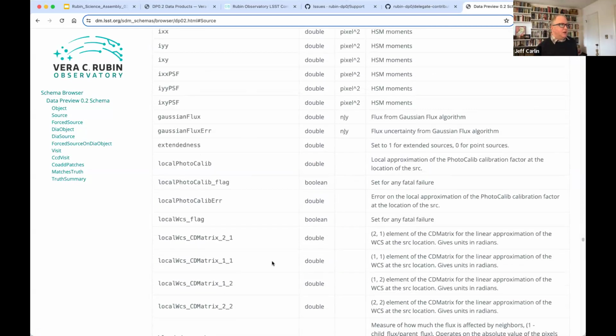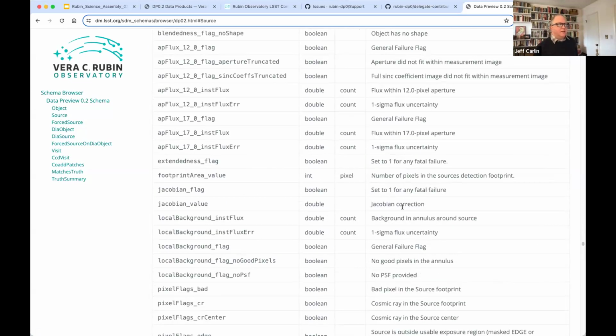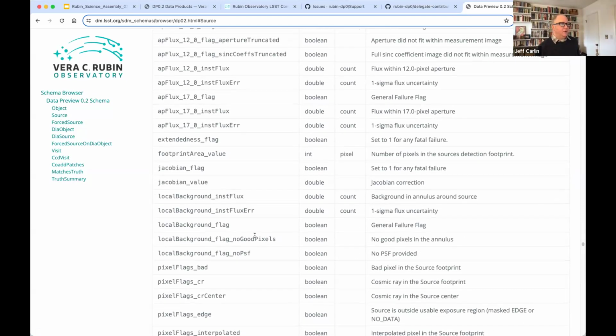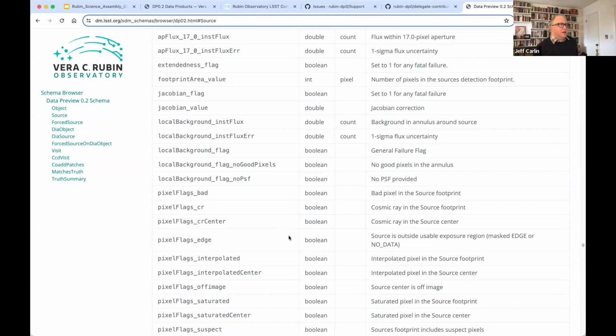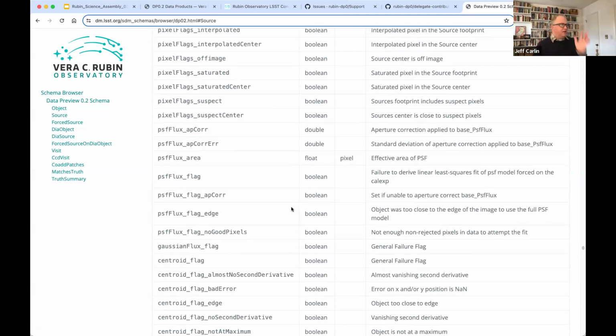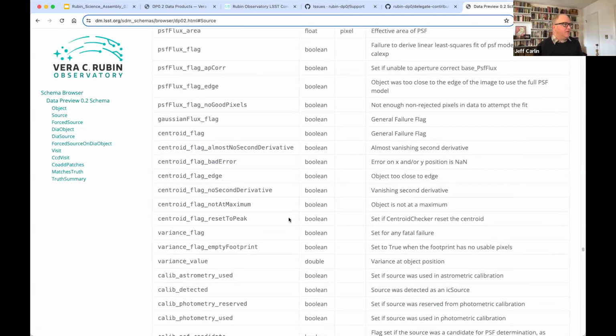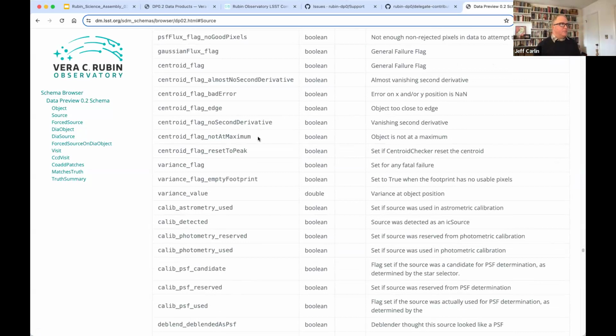Again, many columns. So this is your dictionary to look up what columns you might want to use if you're interested in knowing what the pixel flags are, or how do I get the area of the footprint of each source, or various things like that. This is all available here.